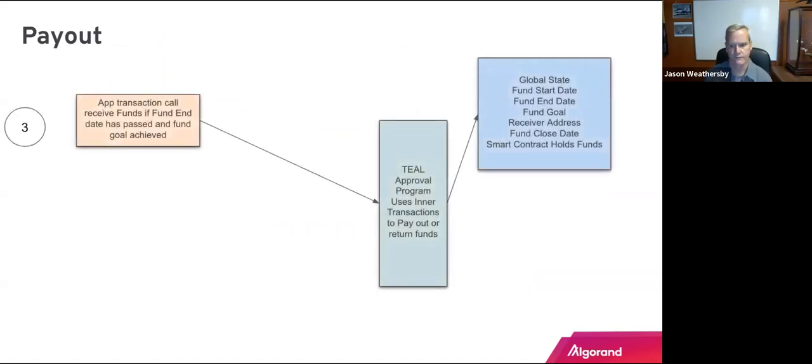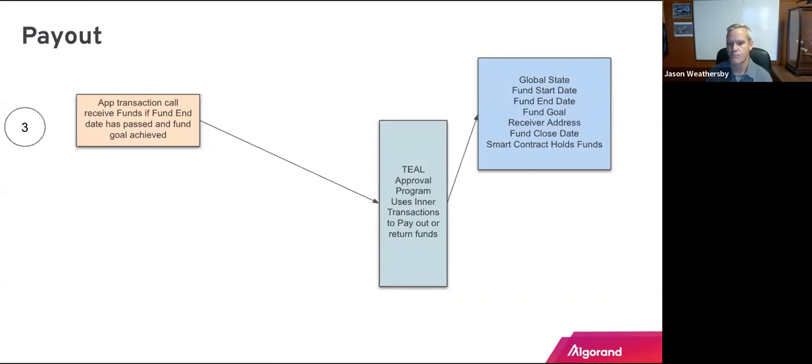And at the end of the fund end date, you've got two options for paying out. Well, the first one would be, okay, the fund met its goal. So anybody in the system can send an application transaction to trigger the logic. And what it can do is then look and see what the fund goal was. Is there enough funds in? Did it meet that goal? And is the end date passed? If the end date's passed, then the smart contract will issue an inner transaction and send the funds to the